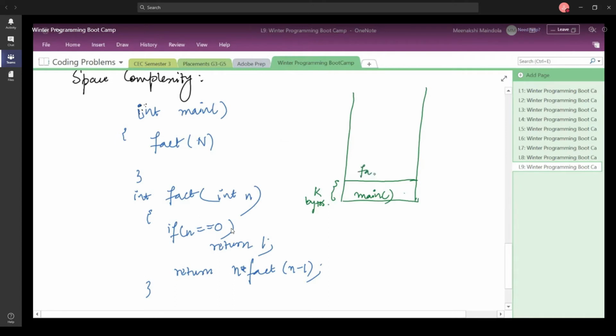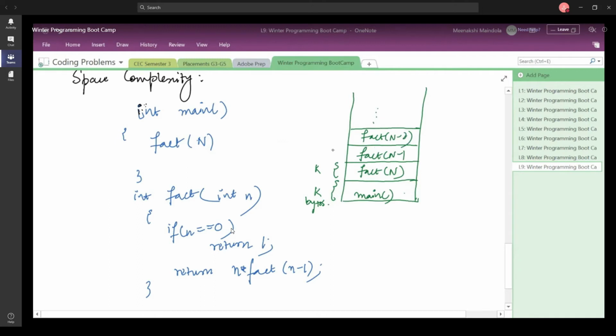Now the next thing that you do is you call fact of n, and fact of n with its local variables is going to take up some space on the stack. Let us suppose this is also k bytes. Now, since this fact function is a recursive function, it is going to call fact of n minus 1, next it is going to call fact of n minus 2, and so on.